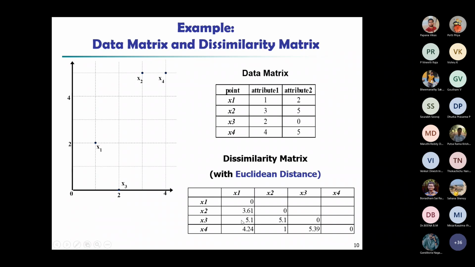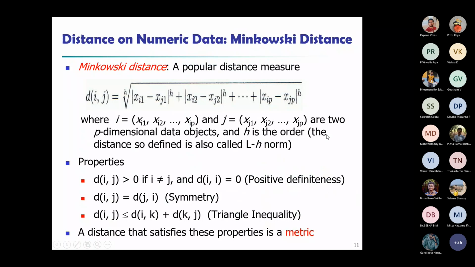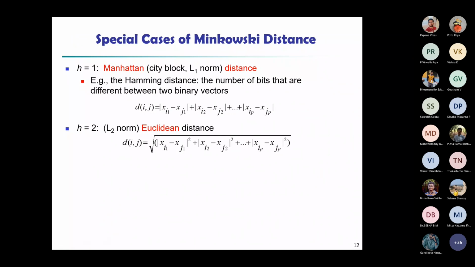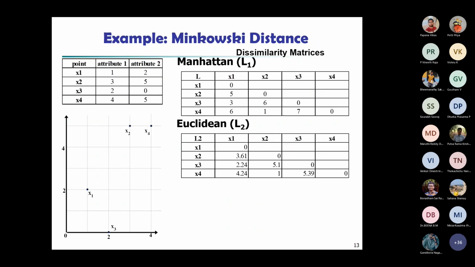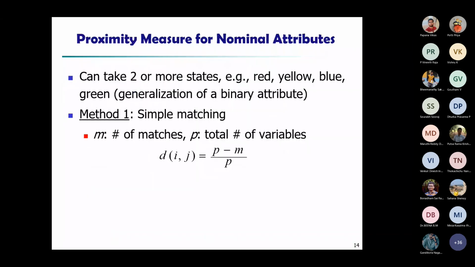Now we talked about Euclidean distance. So in numeric valued attributes, Euclidean distance, Manhattan distance, etc. is a measure that we use. How we calculate it is familiar. Minkowski is the generic form of it. When h is equal to 1, it is Manhattan. When h is equal to 2, it is Euclidean distance, and so on. So that is Minkowski distance. Manhattan and Euclidean are what we usually use, and we have used them in many places. So you already know what this is. Now they have even shown an example.